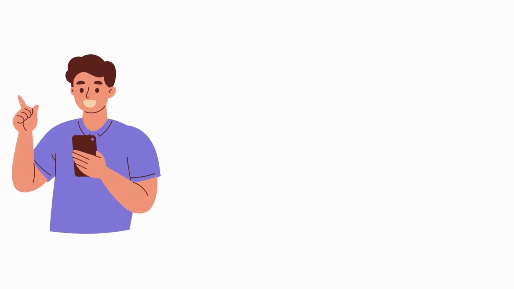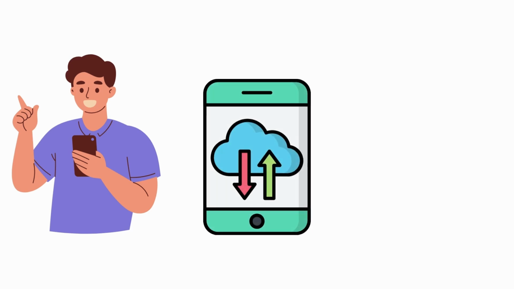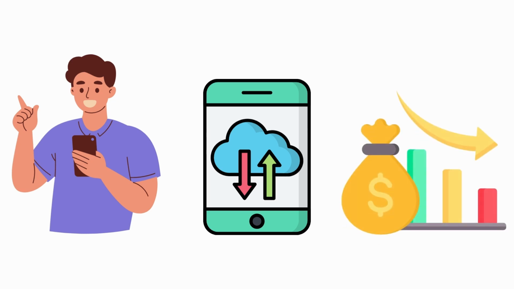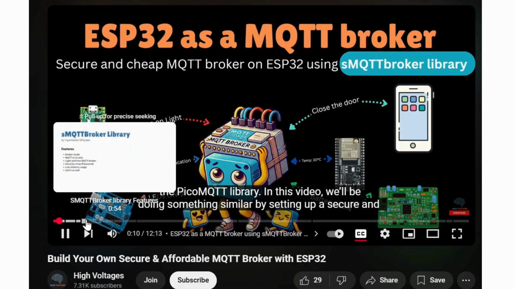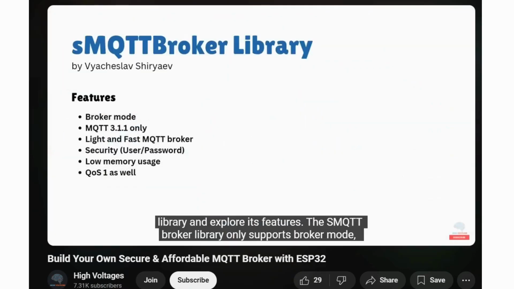Portability. Unlike Raspberry Pi or PC, your Android device fits in your pocket. Mobile data connectivity. Use mobile data to connect your IoT devices anywhere, anytime. Cost effective. No extra hardware or investment. Your phone does it all. In the past, we also set up an MQTT broker on an ESP32, but this method is more versatile, making it perfect for larger IoT networks. Ready to see how it works?